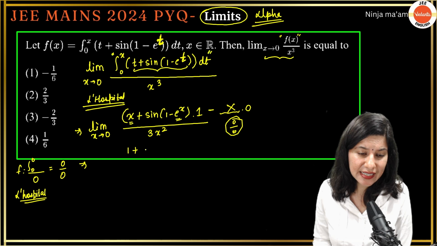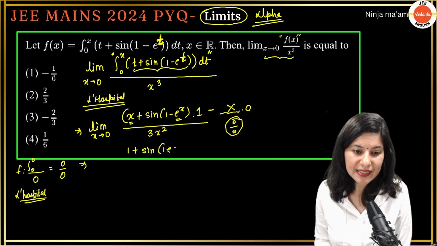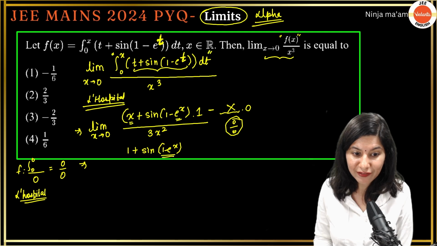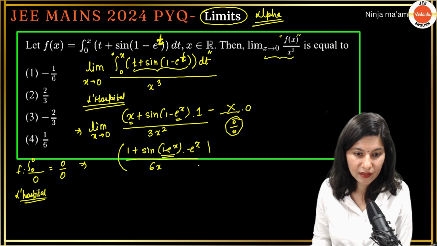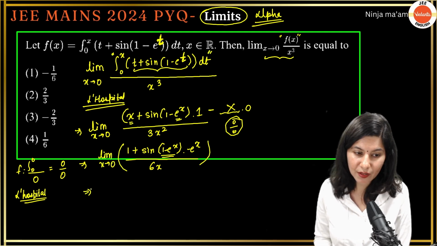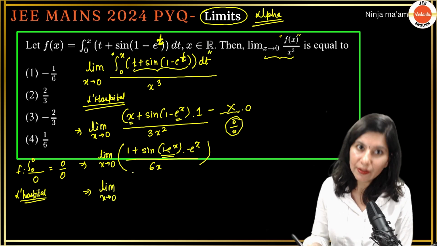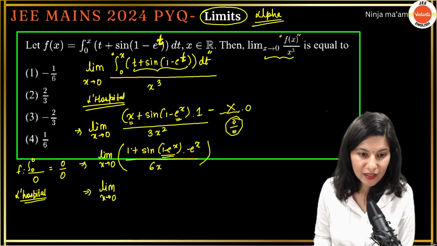So 1 plus sine of 1 minus e raised to power x, and if I differentiate, because of the chain rule, I have to differentiate this one more time. So minus e raised to power x upon 6x. Limit x tends to 0. Okay, alright. Now limit x tends to 0, and one more time if you differentiate, so what you're going to get,